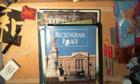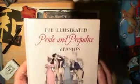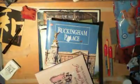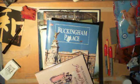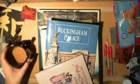And then one more, which is the illustrated Pride and Prejudice companion. Thank you, it's beautiful, isn't it? How old is the Queen? The Queen Mum was 100 and something when she died, and she died about 10 years ago. She's got to be 80, hasn't she? Don't cut that. Which, this one, the Pride and Prejudice one,